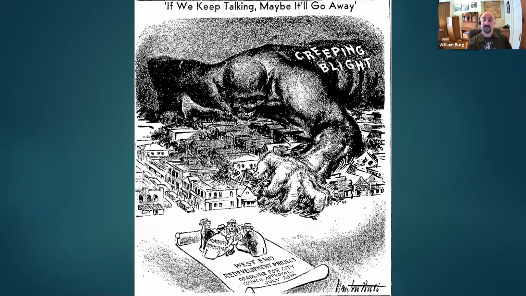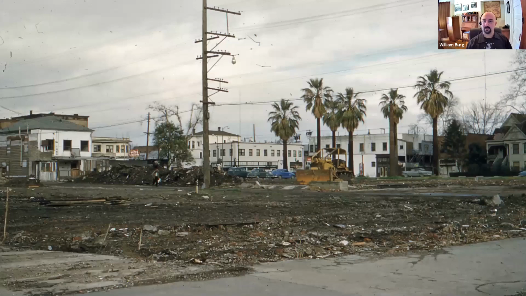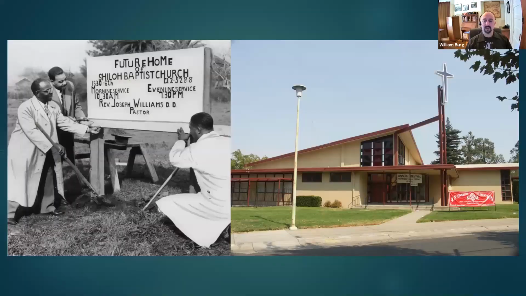This is the people of the neighborhood being held responsible for the creeping blight, as it was called. Blight is an imaginary disease of buildings caused by the occupants being economically disadvantaged or people of color, and the only perceived solution was demolition. Redevelopment was approved, and the West End no longer exists, except for a handful of buildings. The people who escaped that demolition moved to new neighborhoods. As I mentioned, Oak Park was one of those places, a neighborhood of exodus.